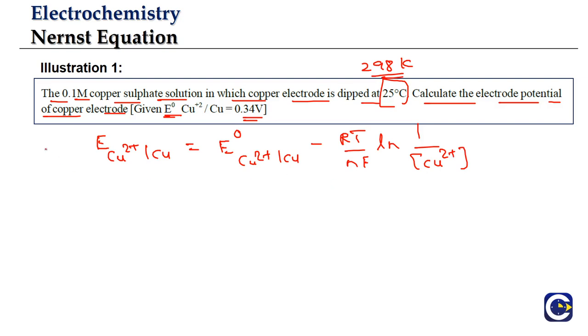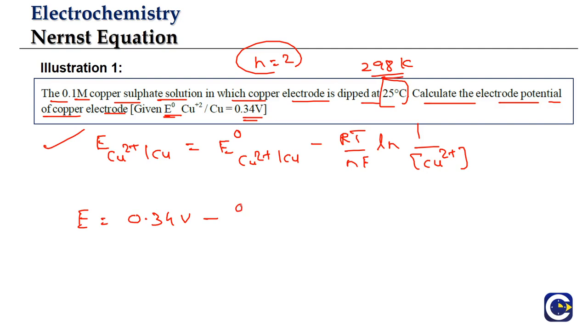So this is the Nernst equation for one single electrode. Here the value of E will be equal to E naught, which is 0.34 volt, minus, since the temperature is not changing, it is 298, and for this electrode the value of N is equal to 2. So remember, when the temperature is not changing, what is the expression we have?